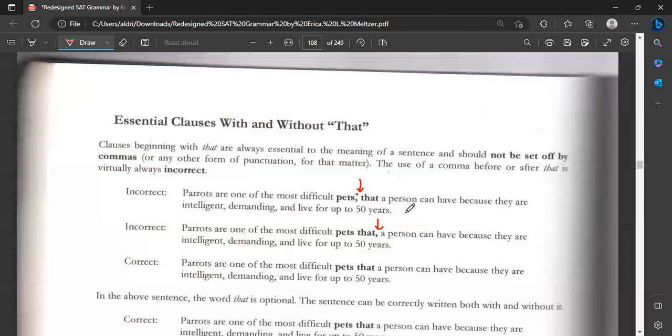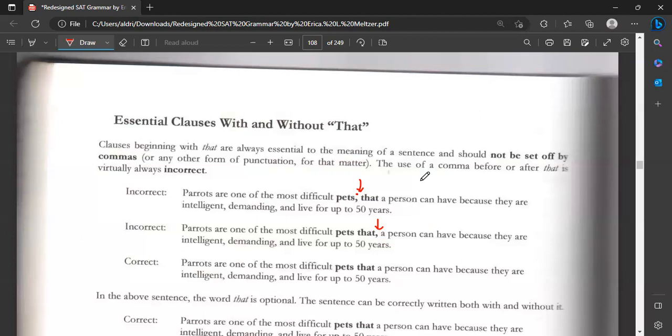Now that makes sense because what's coming after that is just giving more meaning to the sentence. Okay, but at the same time, if we remove the word that, the sentence can still make sense. Okay, so the word that is essential